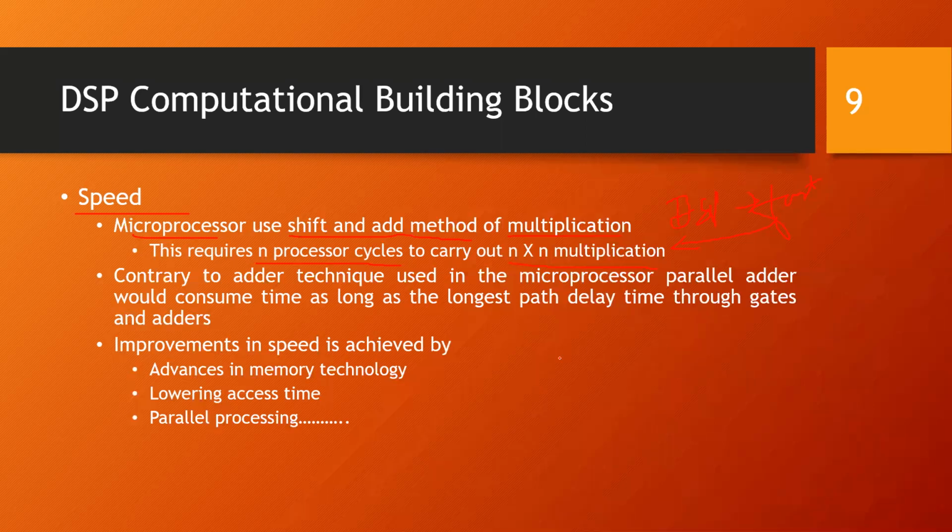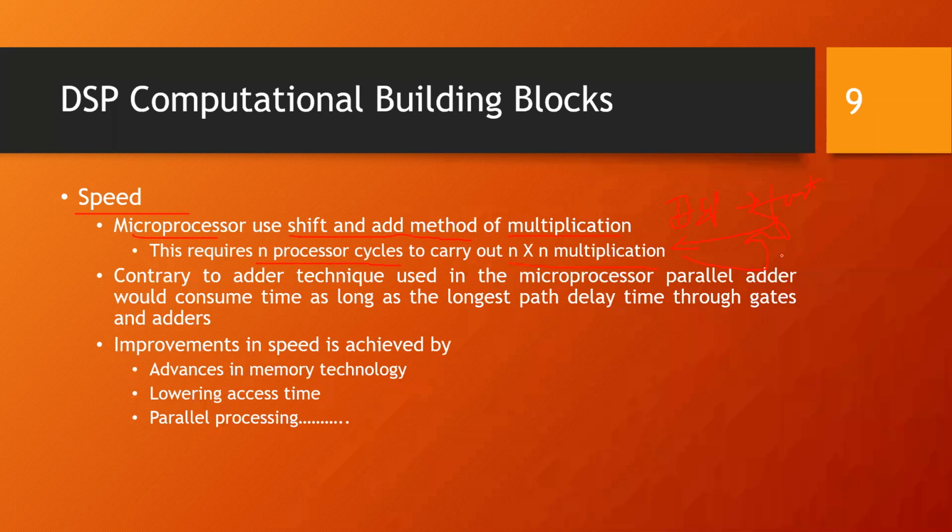If 100 coefficients are present, then imagine the time taken just to implement the convolution. If 100 coefficients are there, then at least 100 multiplications are needed just to get one sample of the output. And if there are 100 samples, it will be 100 into 100, just a rough estimate. So imagine what might be the time required. This is not feasible to be utilized in DSP systems.